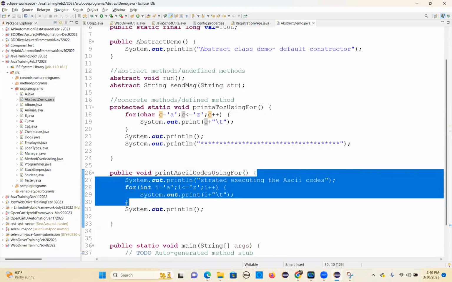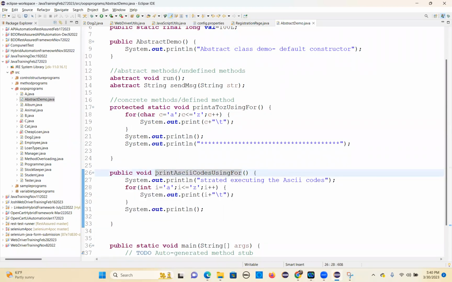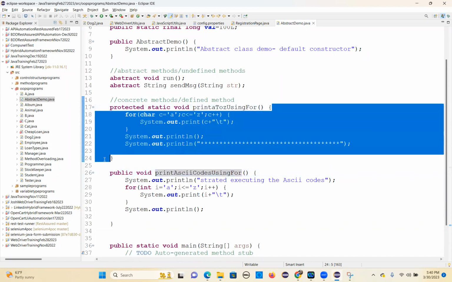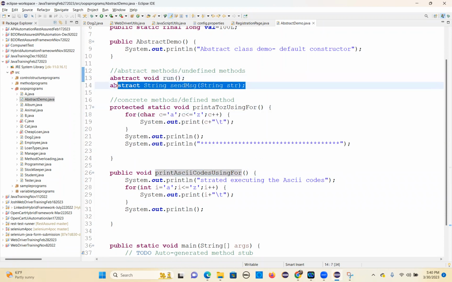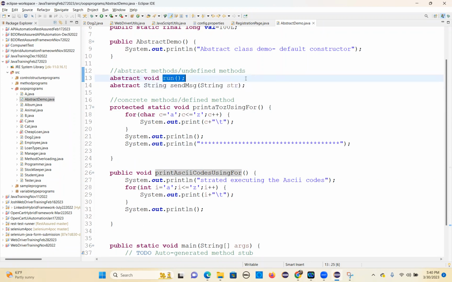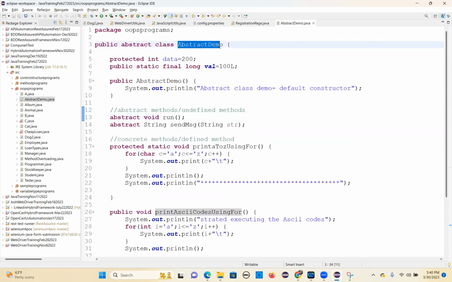This is called defined. A method, what it has to do. So this is the method structure, but I'm defining what this method has to do. But here, declared, but no definition. Declared, no definition, what it has to do. So you can go and define wherever you want, in whichever child class you want. This is the parent, and you extend it to the child classes and implement these methods how you want. So let's go and create a